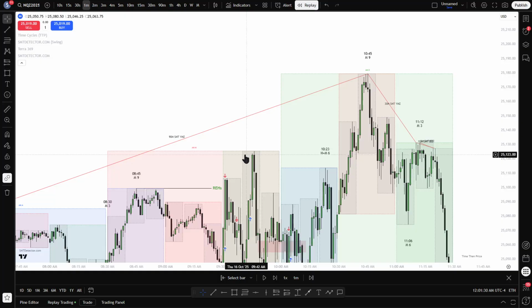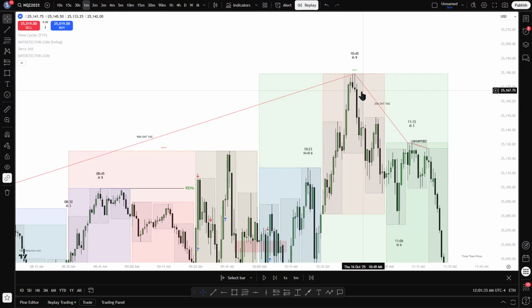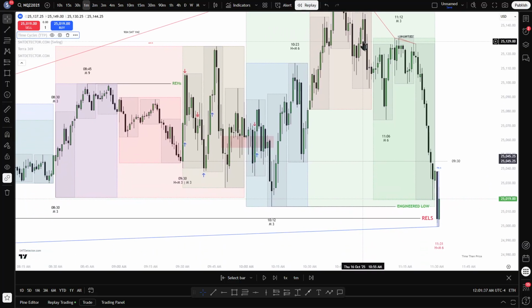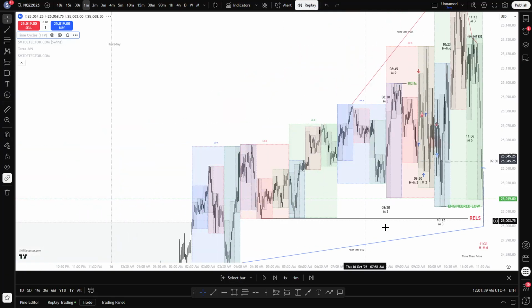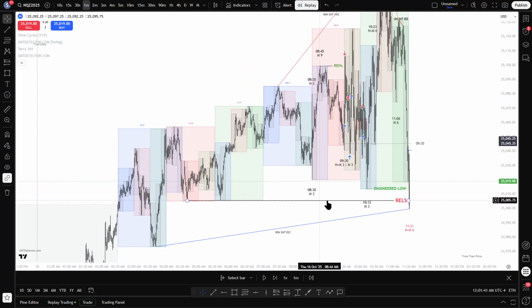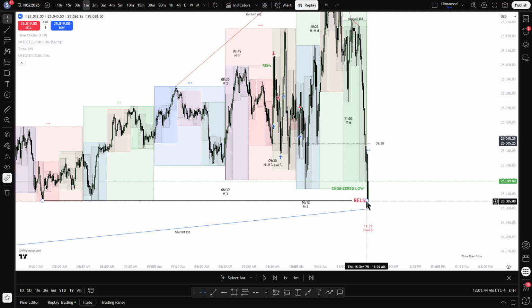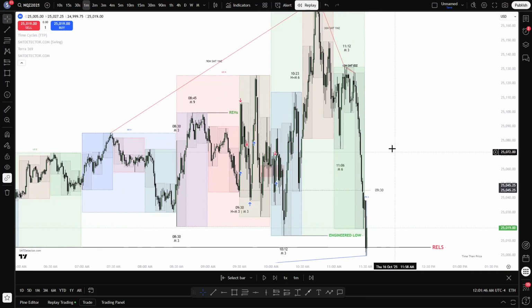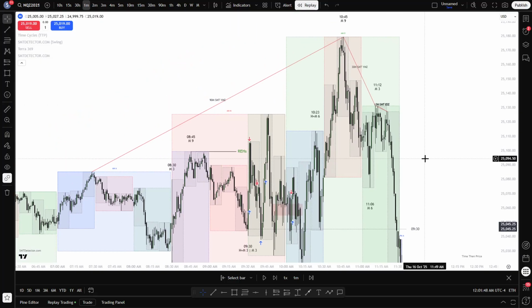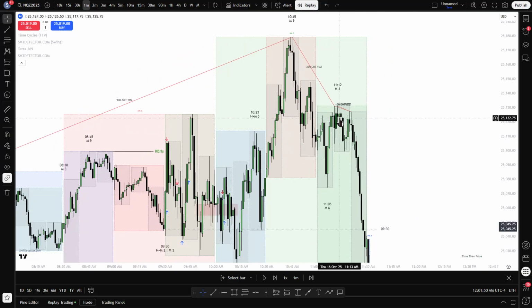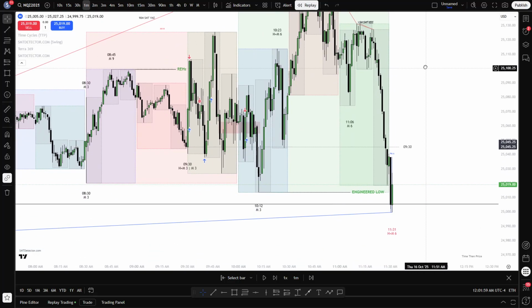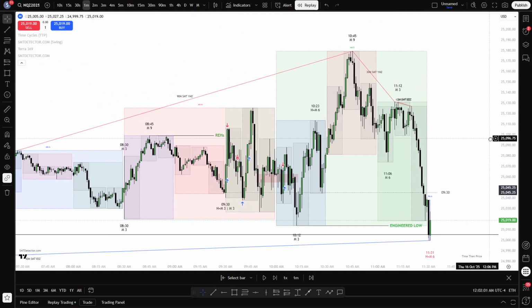Now we have taken out the important highs. We have a daily SMT, a 90-minute SMT. We can anticipate a reversal towards what? The low of that cycle. And obviously, because it's just before the relative equal lows, we can target these lows. And as you can see, we just dumped instantly after that. We could have entered anywhere between 10:45 to 11:15, which would have been a beautiful trade.